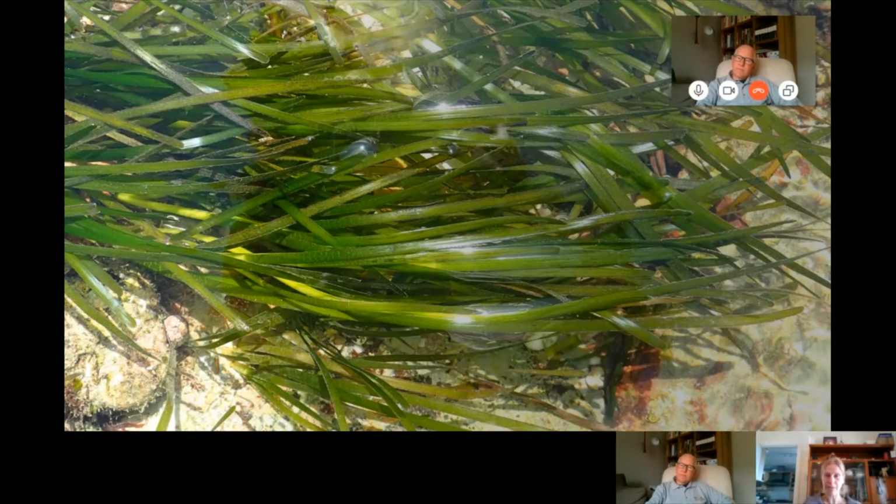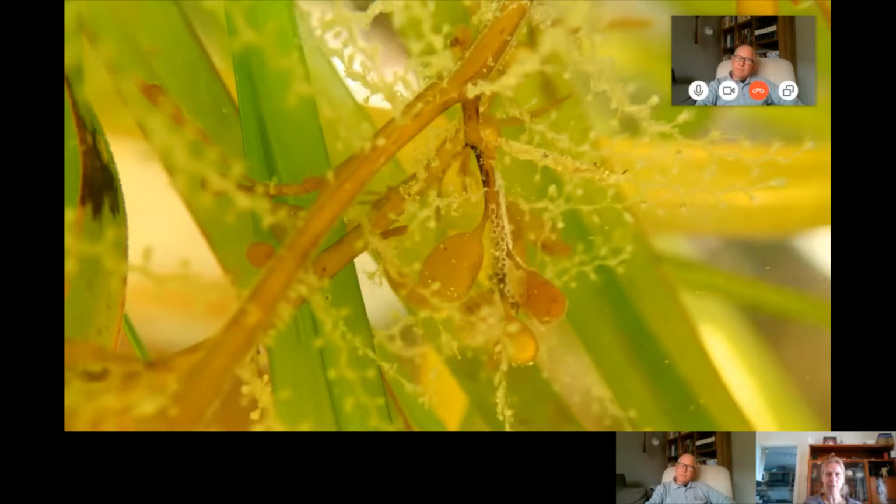In fact, I can show you a lovely little picture here. This is actually some hydroids growing on some seaweed that's growing among the seagrass. There is a type of hydroid, which is the little white frilly things that are coming off the seaweed there. They're related to anemones. They have stinging cells. They're tiny little things. But there is a species of hydroid that grows on the seagrass that I sometimes see as well, which is only found on seagrass. And there are various other species that also quite like to live on and in seagrass, various types of little mollusk, and